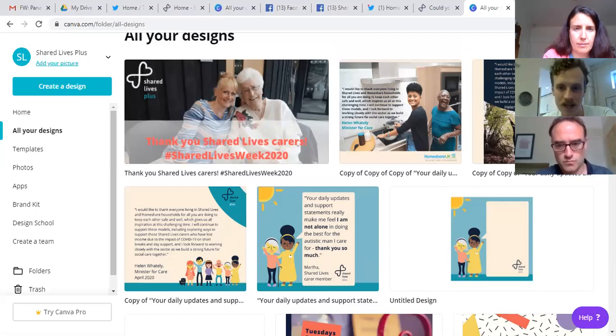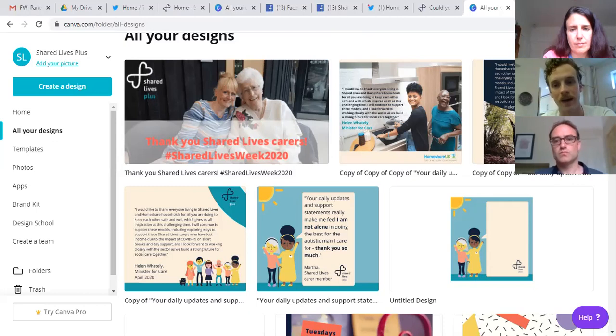If everyone's singing from the same hymn sheet, with posts not identical but having a unified look and feel to them, this will really help build awareness of Shared Lives at a national level. If people start to see a unified aesthetic amongst different posts coming from different places, it really boosts awareness in a way that lots of different, inconsistent things probably otherwise wouldn't.